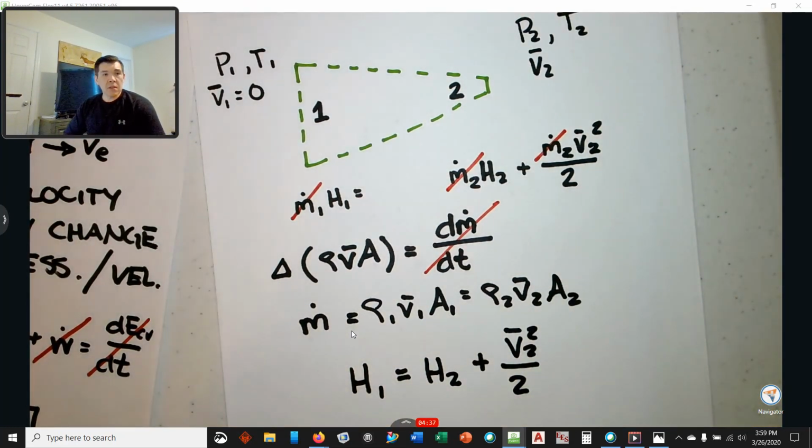So if we can get a handle of the change in enthalpy of this system, then we should be able to get a handle of what this exit velocity is. In fact,